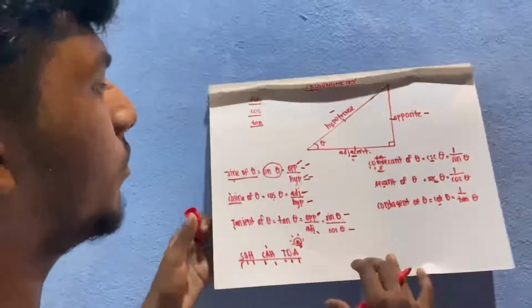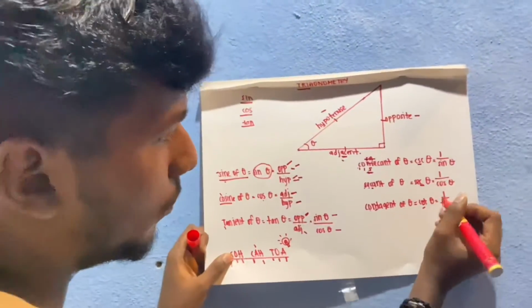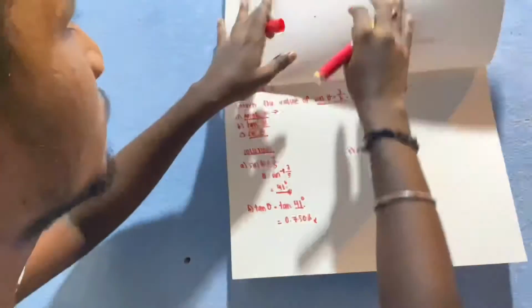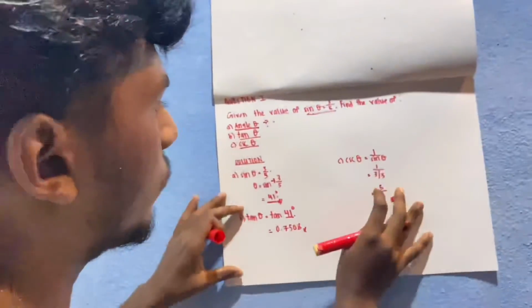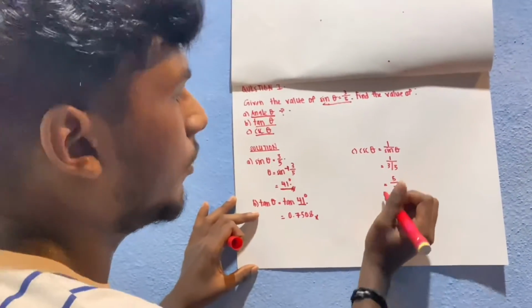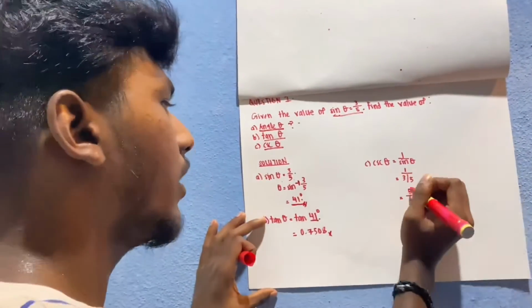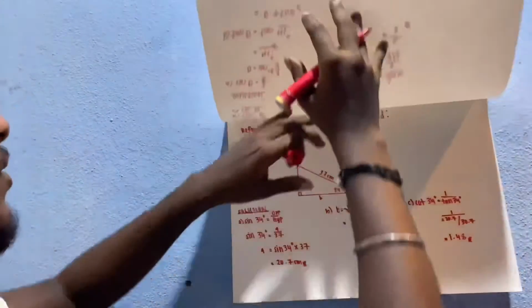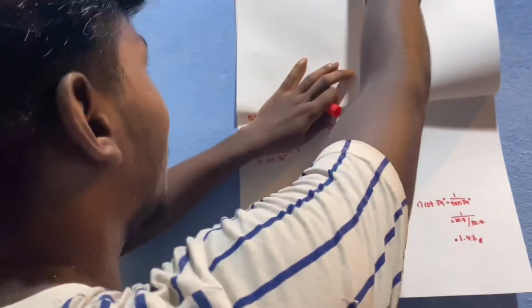This formula is cot θ = 1 over tan θ. We use that formula for this question, and if we follow that, we can get 1 over 3 over 5. If we press our calculator, we can get 5 over 3 as the answer. So this is an example of a question, and another example of a question is